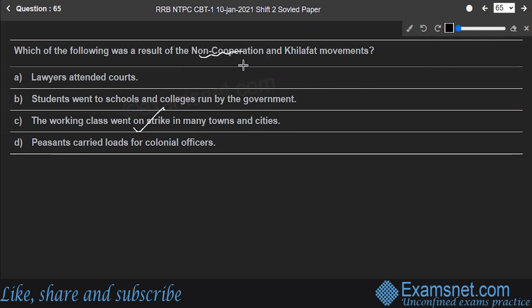Non-cooperation movement was conducted from September 1920 to Feb 1922. It was initiated by Mahatma Gandhi after the Jallianwala Bagh massacre. People started protesting with non-violence and at the same time boycotted British goods. After the Chauri Chaura incident, Gandhi withdrew the movement. The Khilafat movement was essentially a movement to express Muslim support